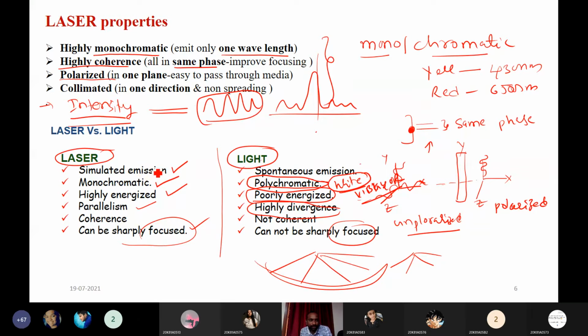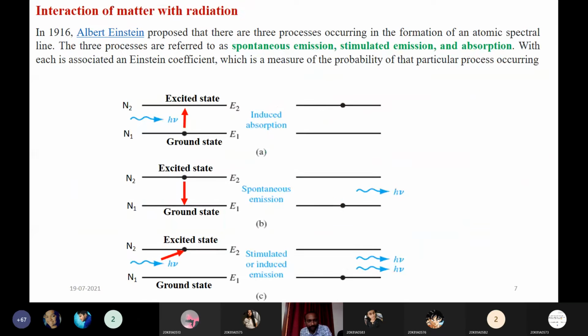Okay, so here we will see what Einstein proposed in 1916. Okay, so this is